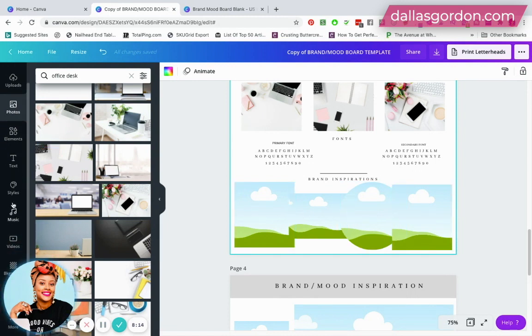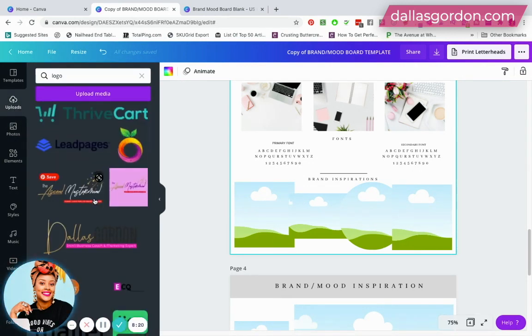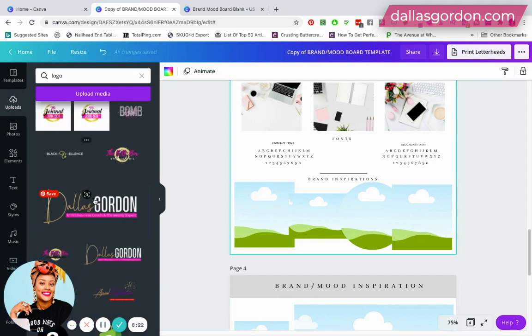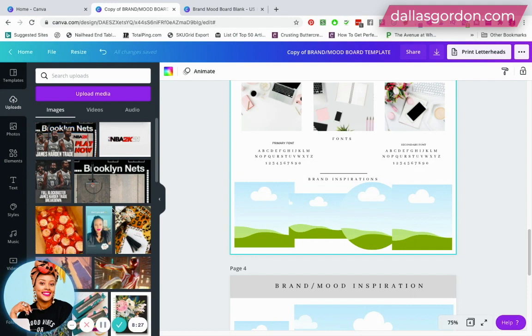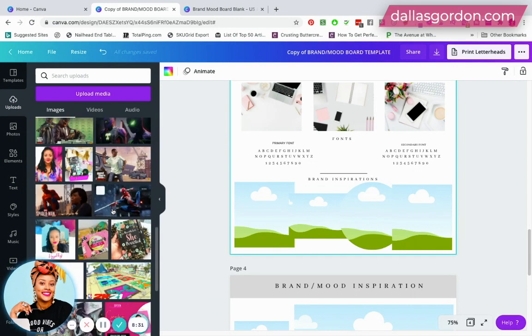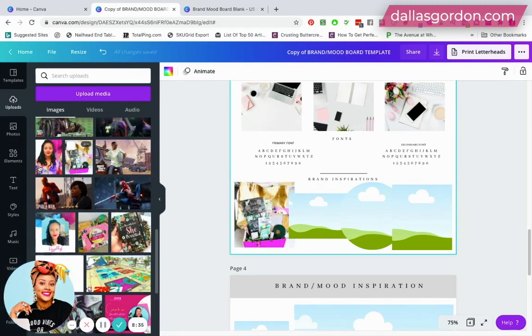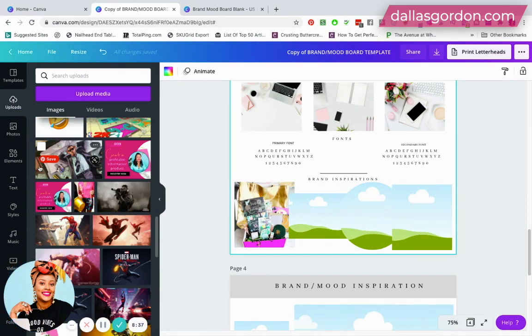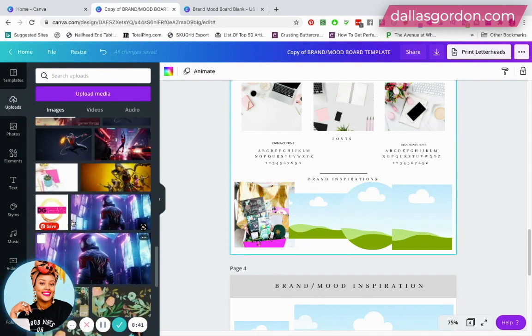So since this is for my Journal Junk Box brand, I would just go in here and find images. You can either find other images that other people are using that inspire your brand if you haven't actually started the brand yet. But because I've already started the brand, I can just slide in things that I want my designers to see that I've already done, right? So